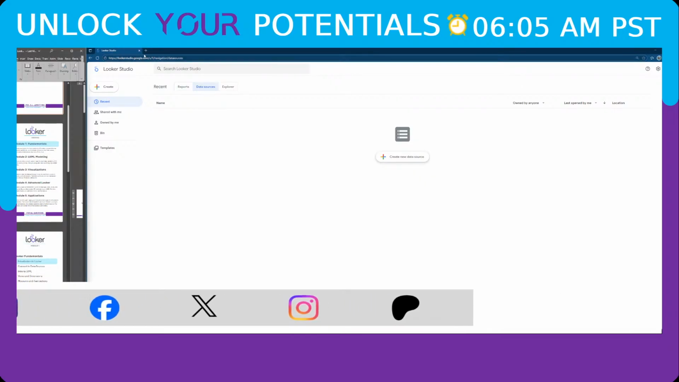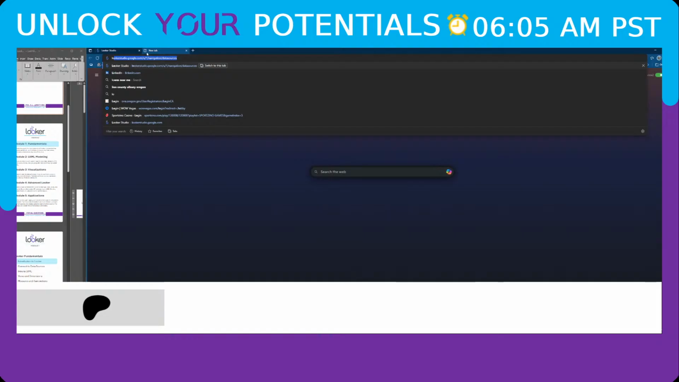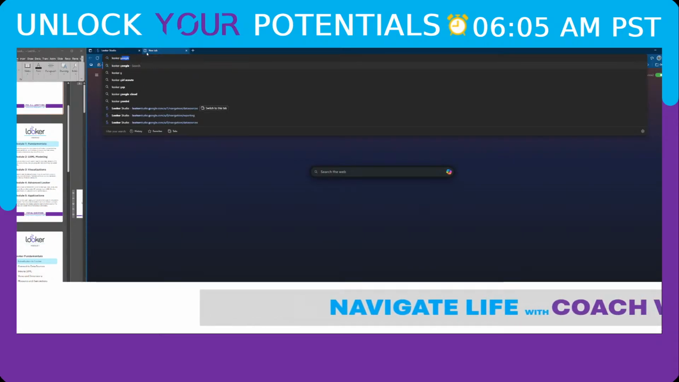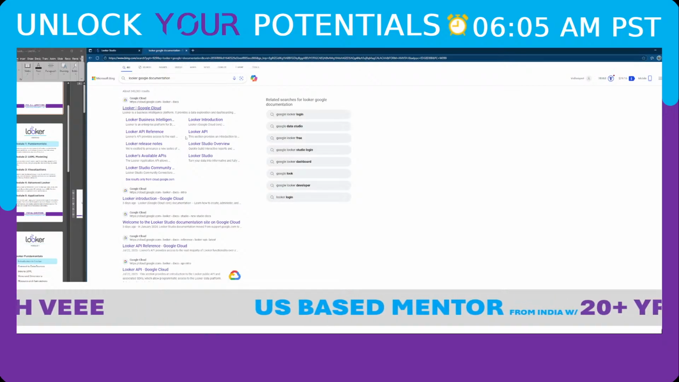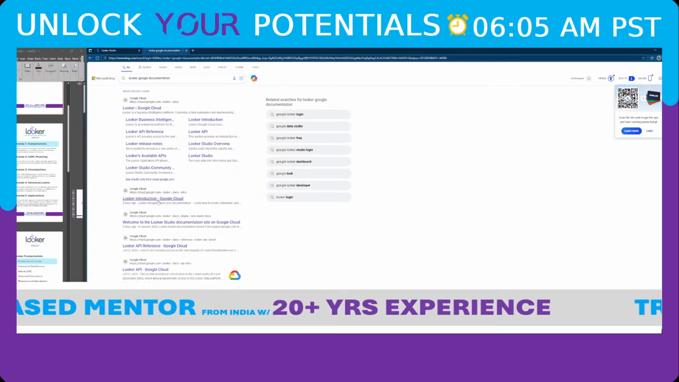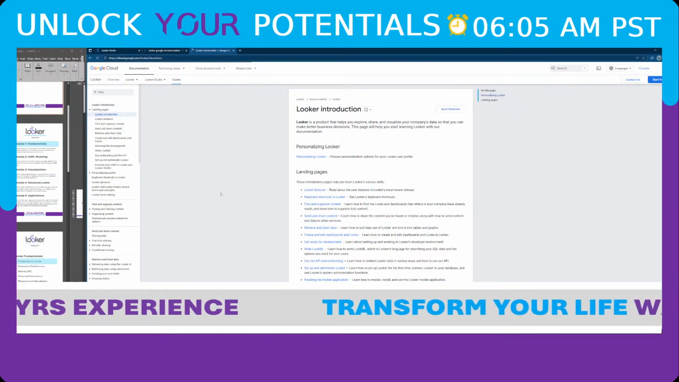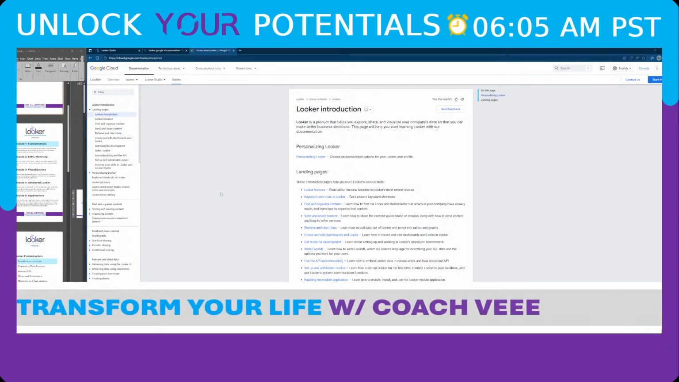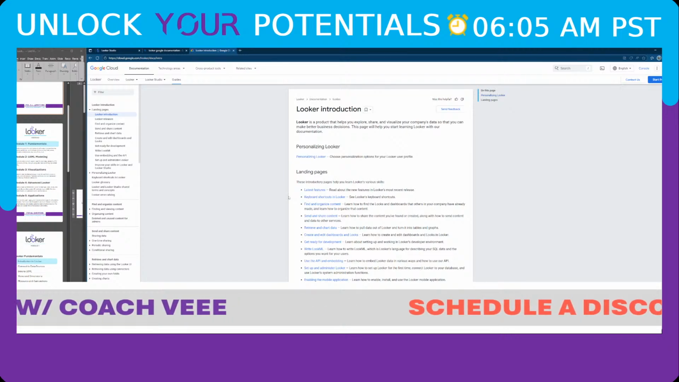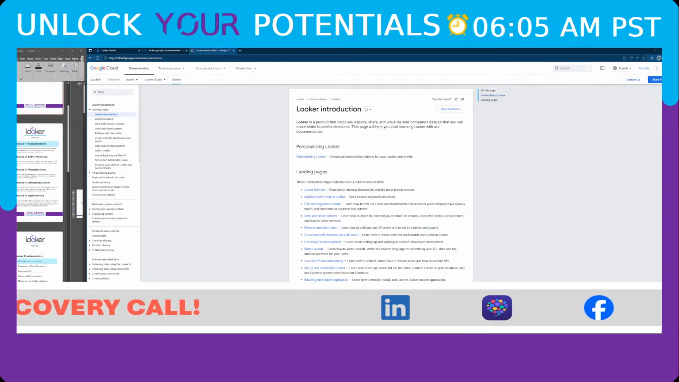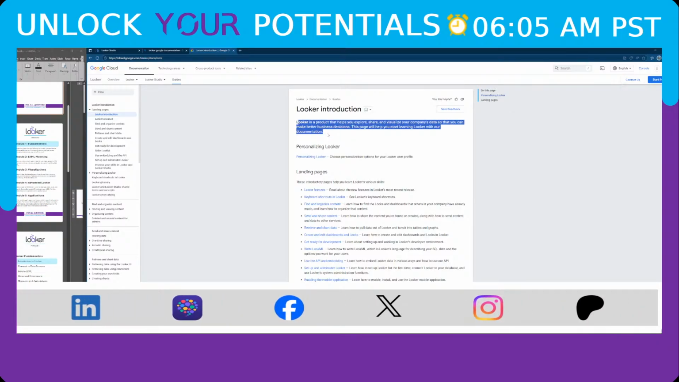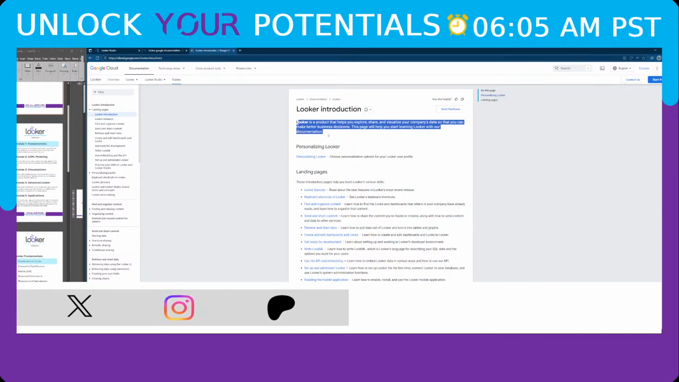But before that, I would like you to actually go to the Looker's documentation on Google, which will help you basically understand and implement your data problems, solve your data problems. So Looker is what it's saying here. Looker is a product that helps you explore, share, and visualize your company's data so that you can make better